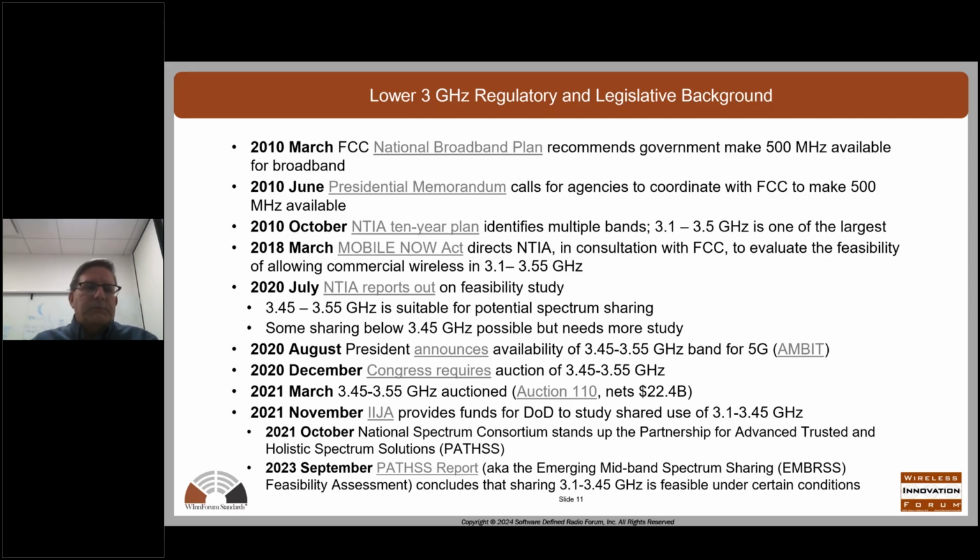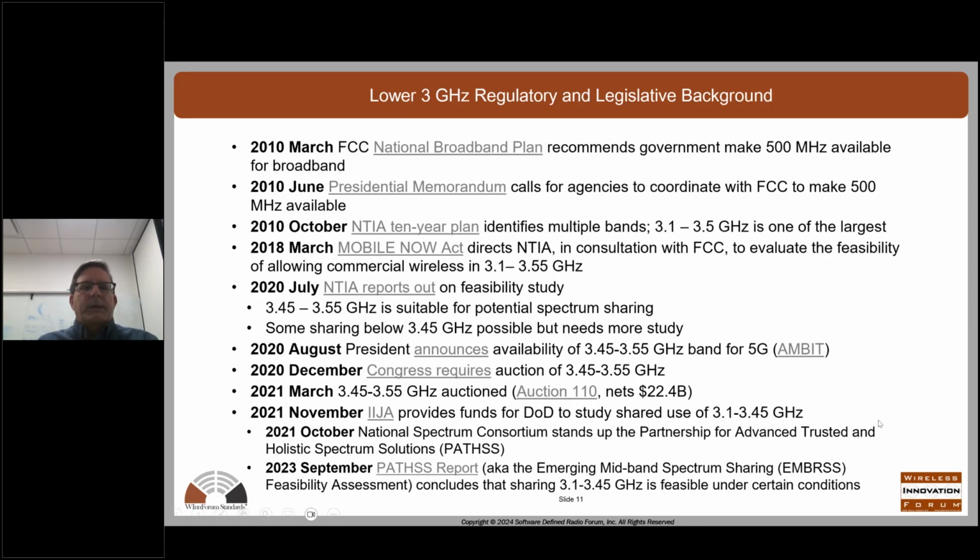After a couple of years, the first report from that first PAS process, called the Emerging Midband Spectrum Sharing Feasibility Assessment, commonly referred to as EMBRAS, concluded that sharing the 3.1 to 3.45 gigahertz band between the federal government DoD use and commercial use is feasible, but under certain conditions, which I'll get to in a minute. So that was an interesting development. If you go to the next slide, Lee,